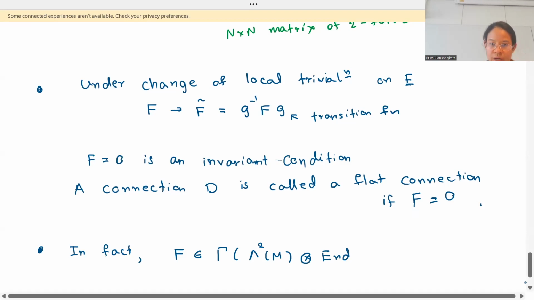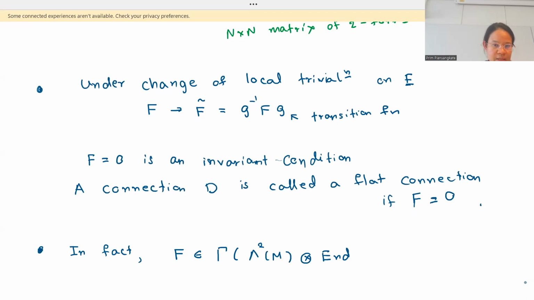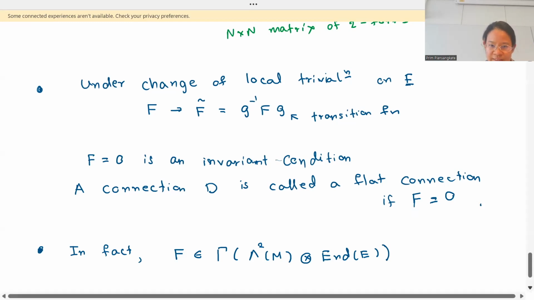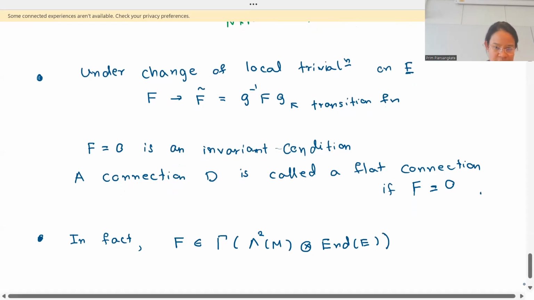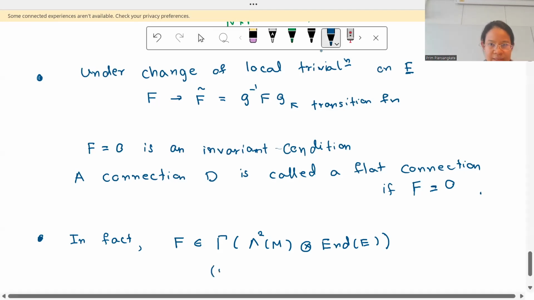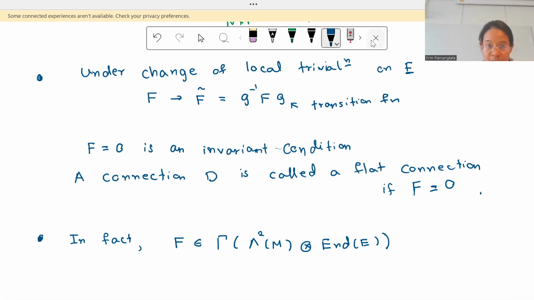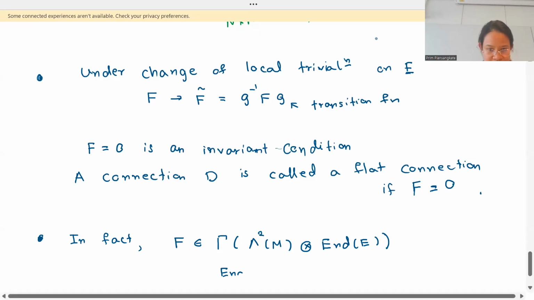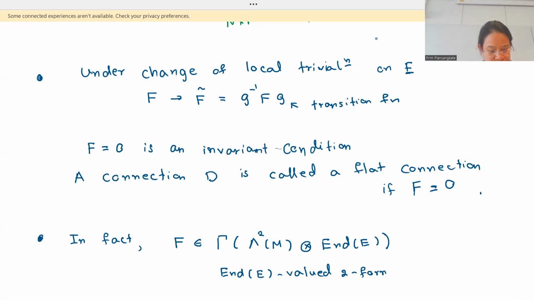So this is the bundle of two forms and endomorphism of E. And a section of this bundle, we call it an End(E)-valued two form. Right? Where this bundle End(E)